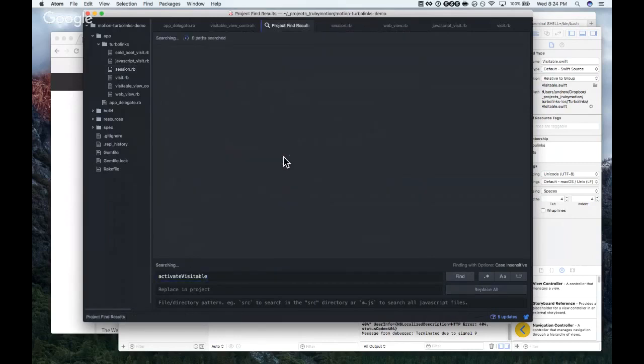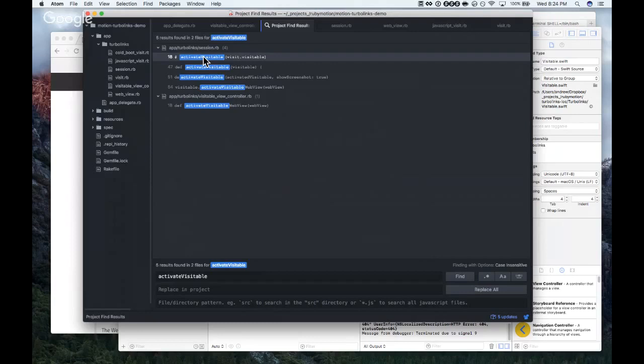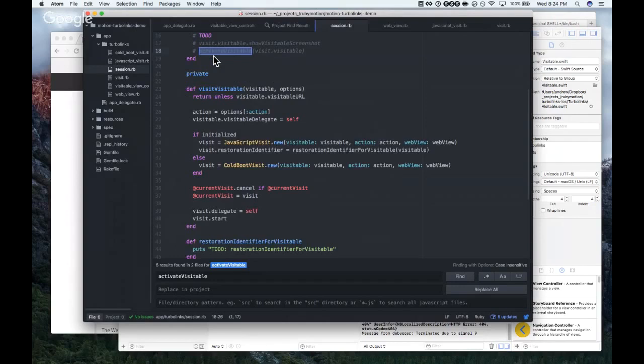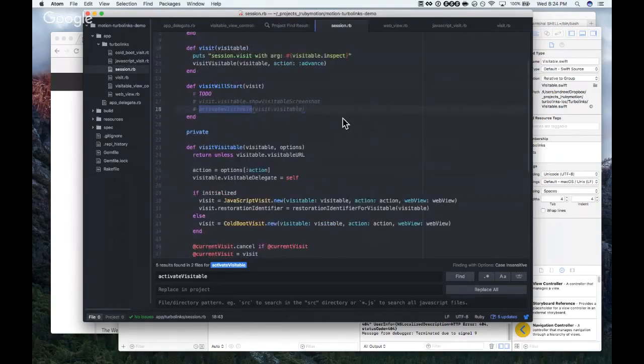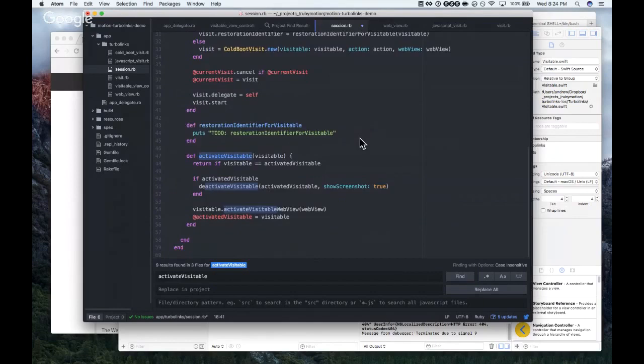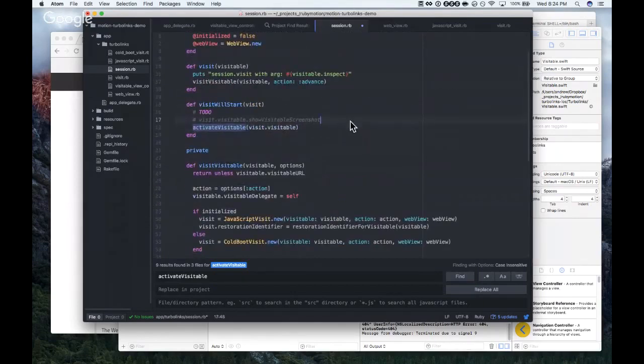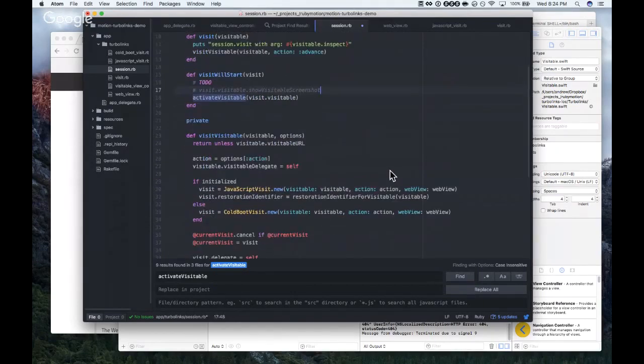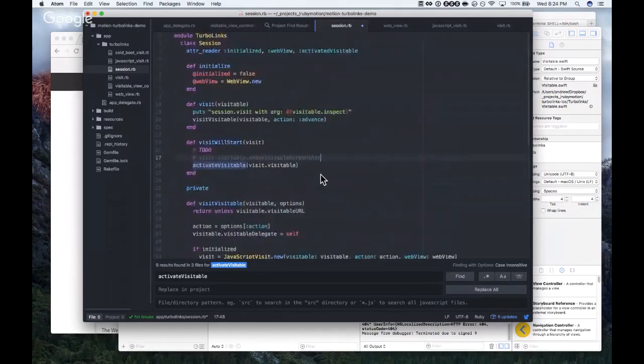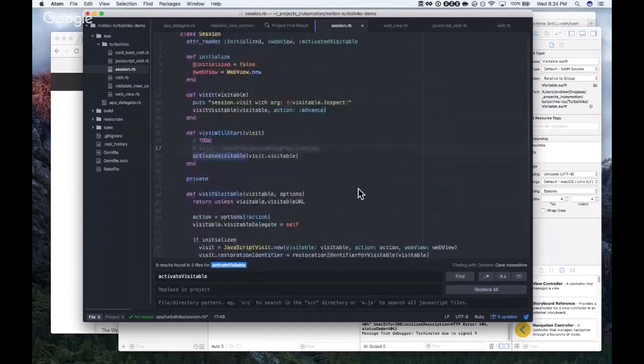I think we implemented the next chunk of pieces. Visit will start. That's when we call activate visitable. Now we have the line before that, which is visit.visitable.show. Show visitable screenshot. I'm going to say that's a to-do later.